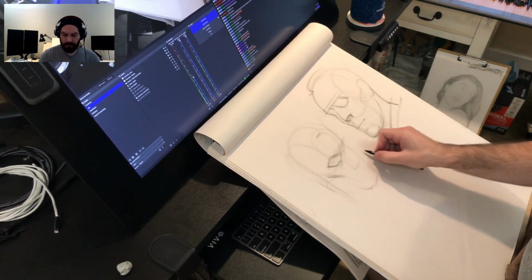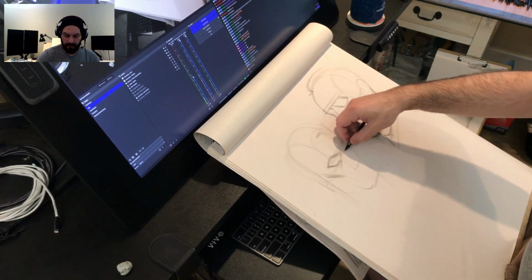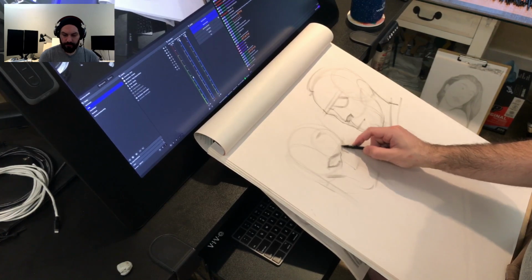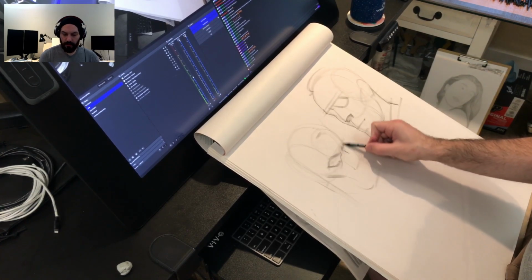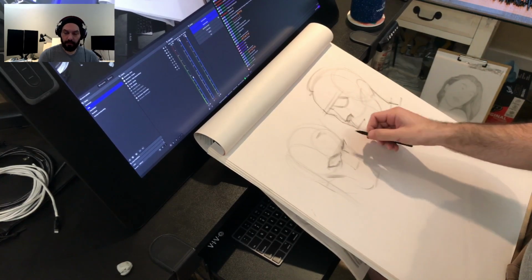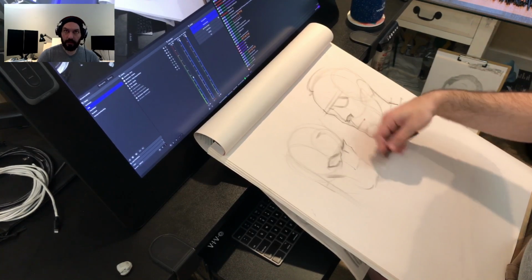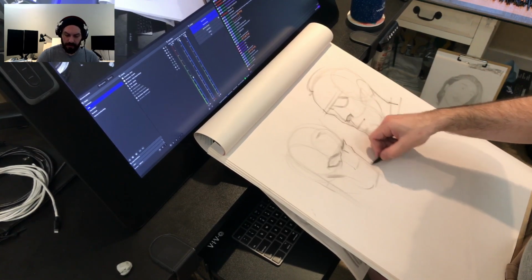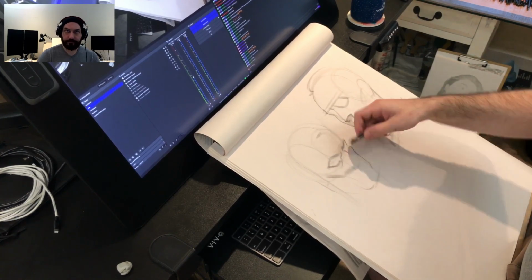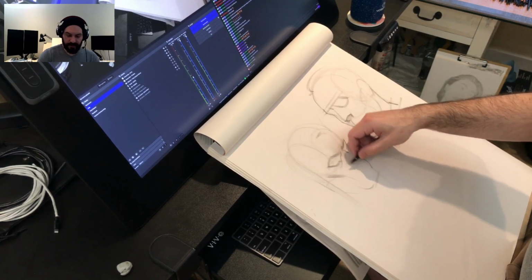Rhythm goes down. Let's see if we can get this right. Pretty dramatic. Cuts in and goes down. Cuts back in. That's a little long. Feels like his nose is a bit tighter